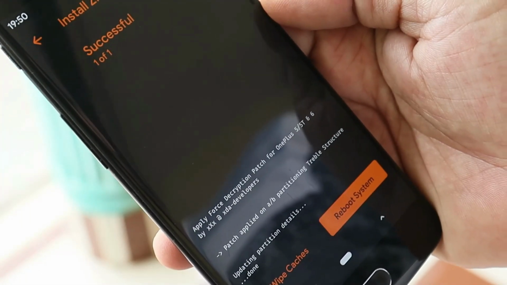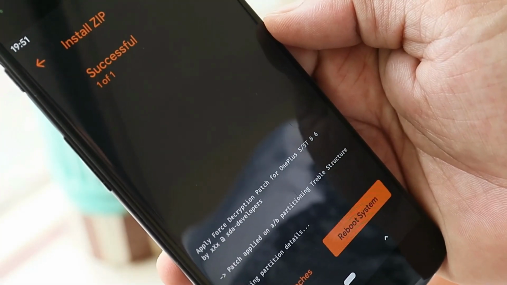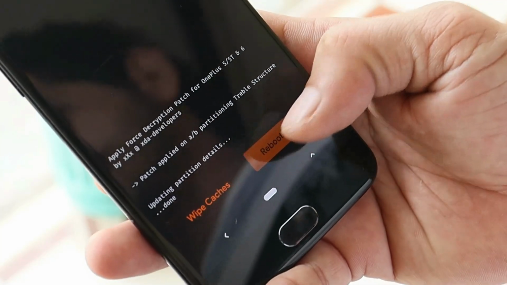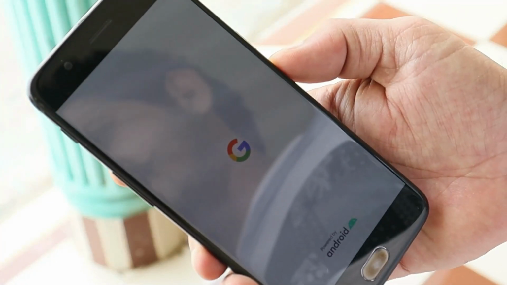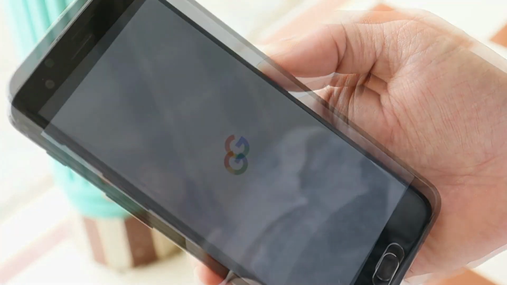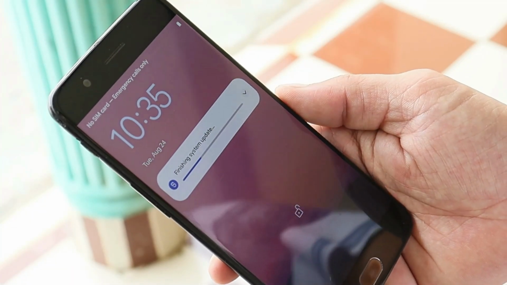And we have successfully flashed all the required files on our OnePlus 5 to boot Android 12. And now just tap on reboot system. And there we go, we have the boot animation of Android 12 on a OnePlus 5. We'll wait for the device to boot up, and here you can see we have successfully booted our OnePlus 5